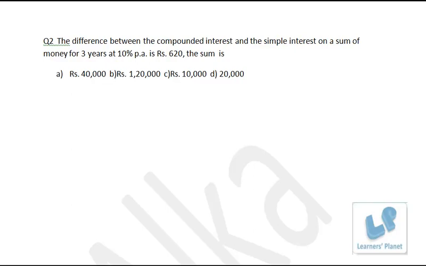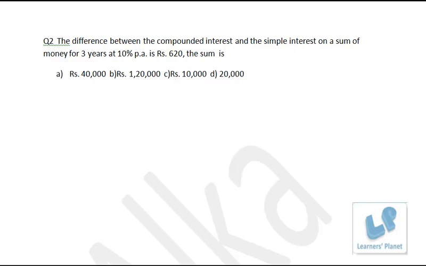And do not try to make actual calculation over here, right? You can see the options A, B, C, D are quite far from each other, so you just try to get the around idea of this particular sum, right? Now for example, I take option C. Suppose the smallest value that is given over here is 10,000. Now 10,000 is the sum. So 10% per annum simple interest after 3 years, the simple interest will be 30% of 10,000, that is 3,000